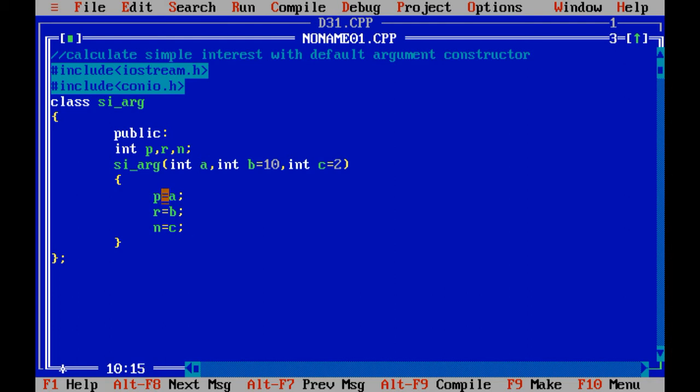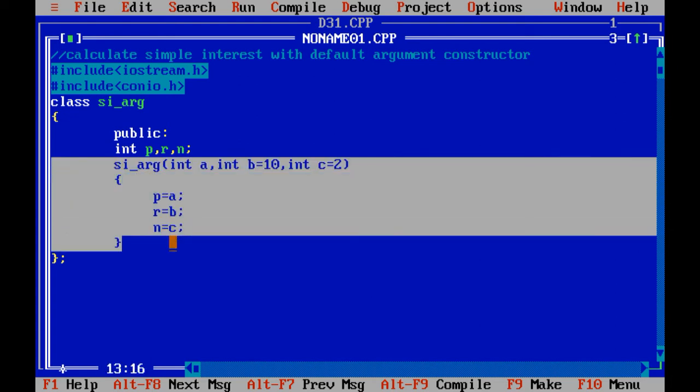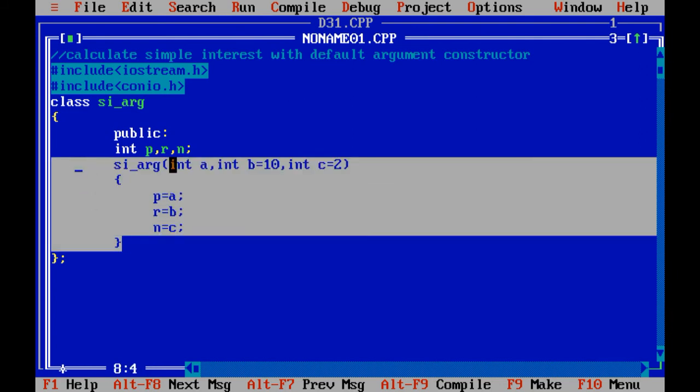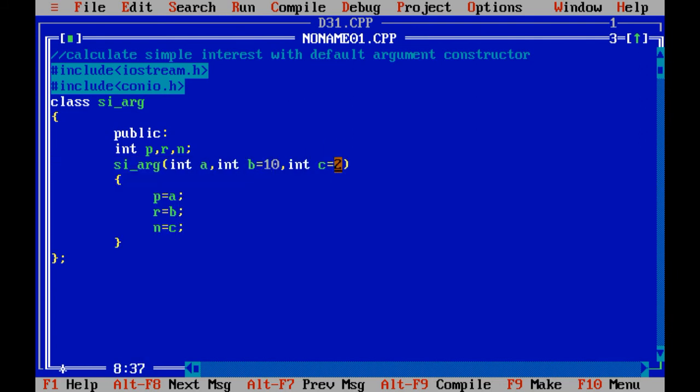Over here the left hand side of the equals operator variables are part of the class, and these are the variables which are declared within the argument. So remember one thing, when you have declared any variable within the argument, the life of that variable would be up till this block. After this block, the values of a, b and c would be erased from the memory, or we can say they will die from the memory.